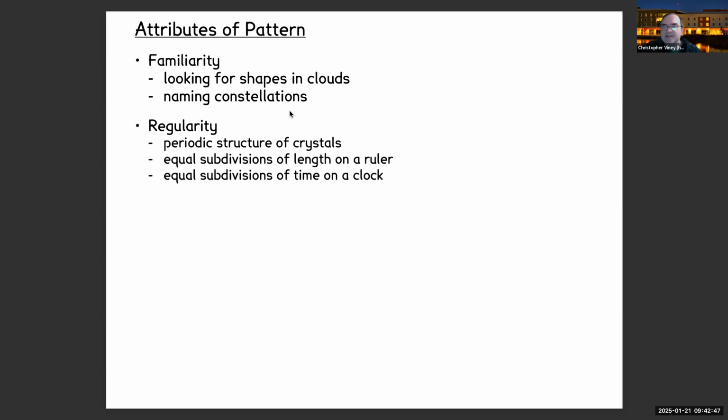regularity. So there's some sort of periodic structure like you find in a crystal. In a crystal, the atoms are sitting on a lattice. And if you tell me where an atom is, I can tell you how far you have to go to get to the 100th atom away from there, if the crystal is big enough, or maybe the millionth atom. It's very predictable where you'll find those atoms. Or if you're using a ruler, it's very predictable. If you have 1 centimeter, well, you know how far to walk along the ruler to see the next centimeter